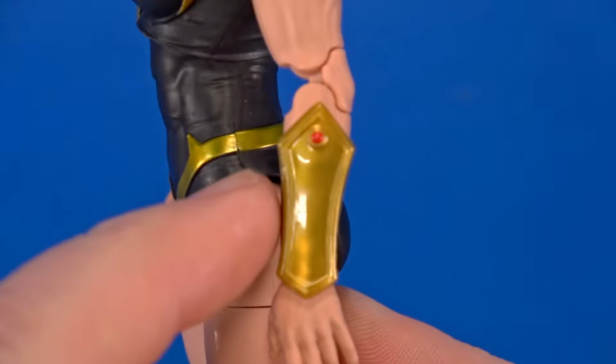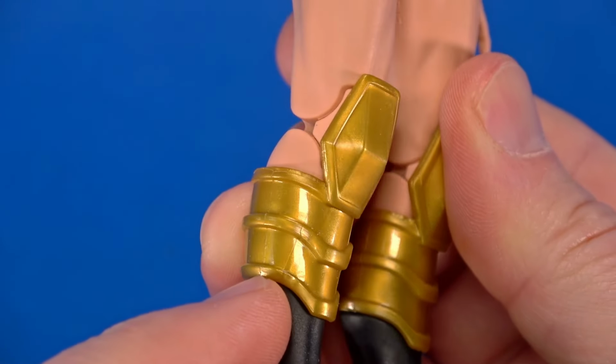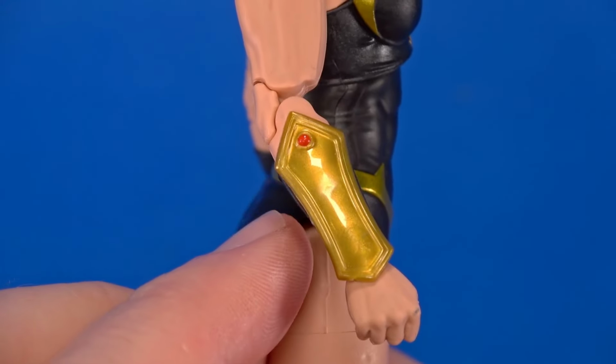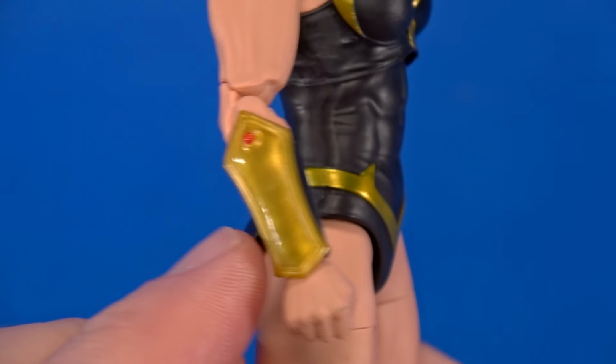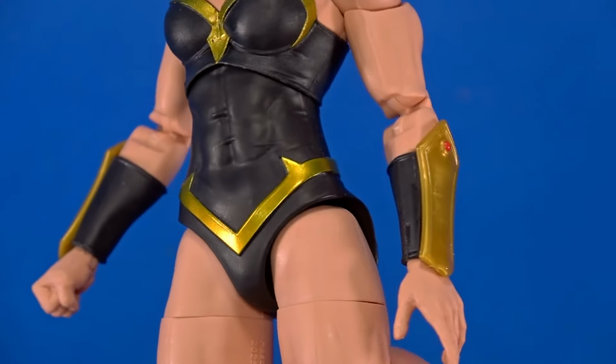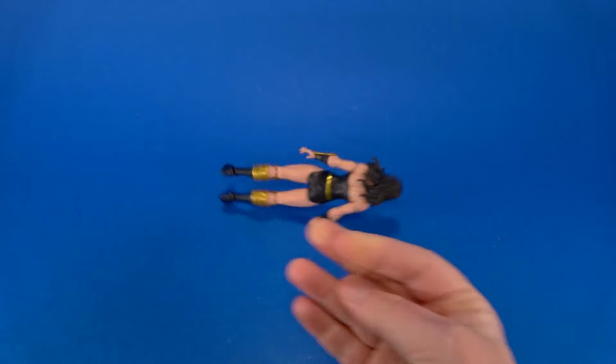Going back to the golds, the overlay pieces, like here and down at the boots, you do get a little swirly twirliness. It's not super noticeable like when we see a whole figure made out of the stuff, but it's just enough to separate it from the painted gold parts. It's just a slightly different shade, but not enough for me to go, oh my god, it's terrible, get out